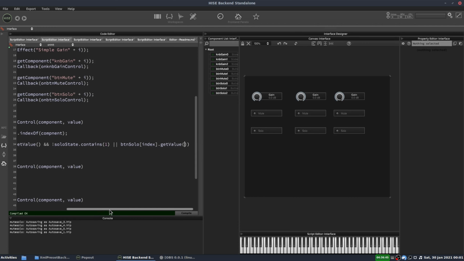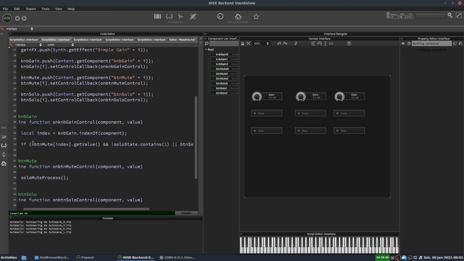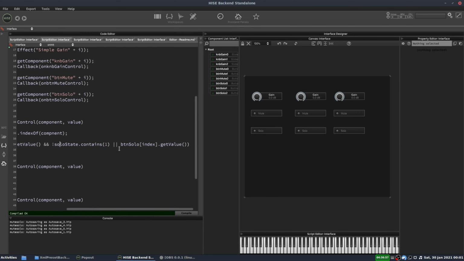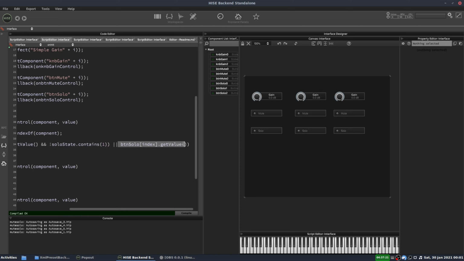Now, one last thing we need to do to this if line is we have to make sure that this is treated as one clause. So checking the mute button and checking all the other solo buttons is one clause, and this last bit is a separate clause. So to add a bit of separation to these, we're just going to put them in parentheses so that they become 2 separate groups. So now this is one thing, and if it's that or this other thing, then we will continue through the